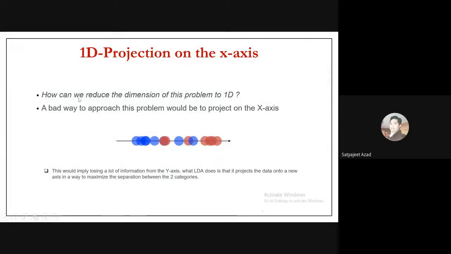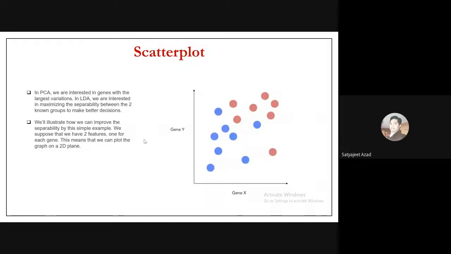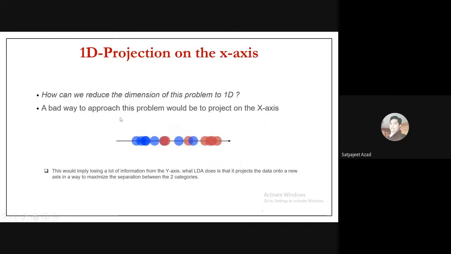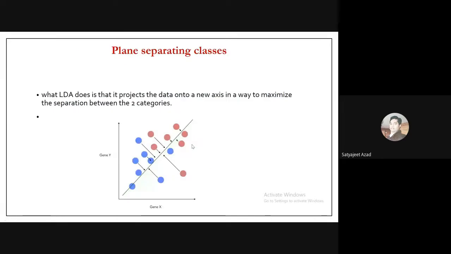If this is two-dimensional data, we are trying to come up with one-dimensional data. But one dimension doesn't mean projecting the entire dataset onto the x-axis. No, we are coming up with one LDA. LDA will create a new axis. Compressing the entire data onto a single x-axis is a bad way because you will lose much of the information. LDA creates a new axis to maximize the separation between the two categories.